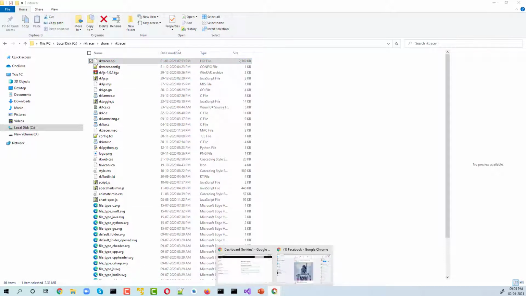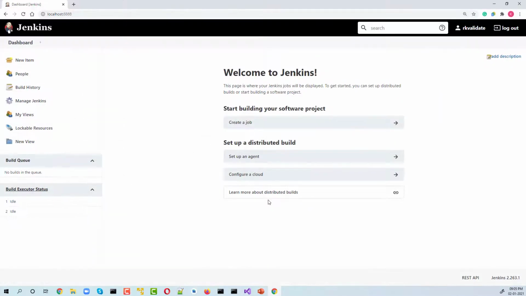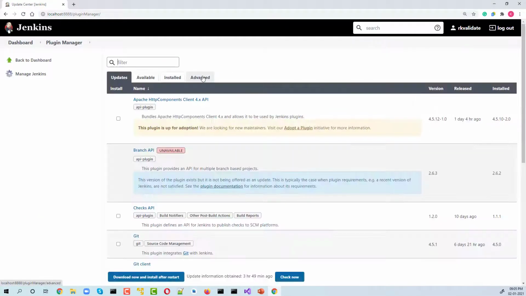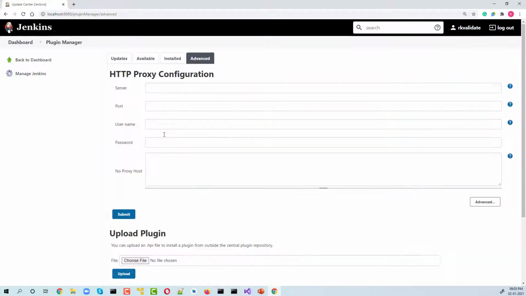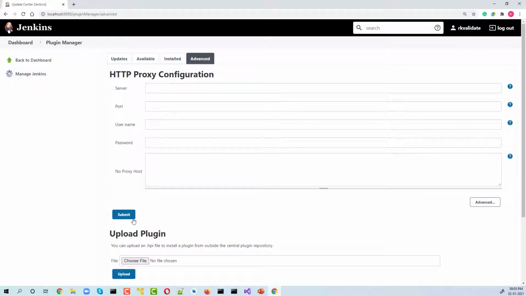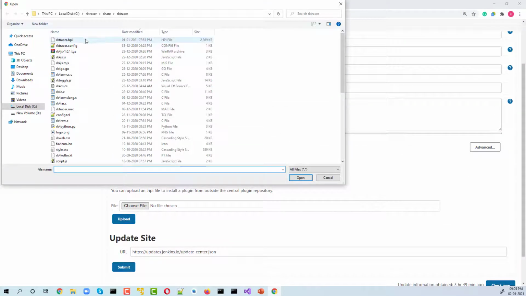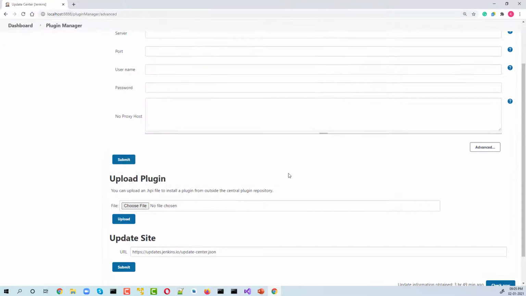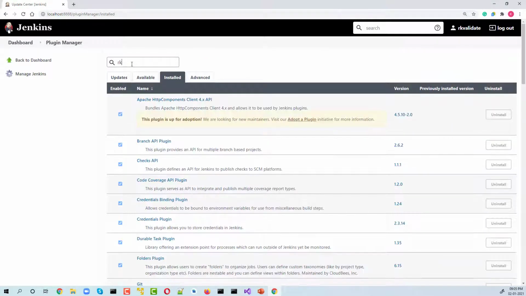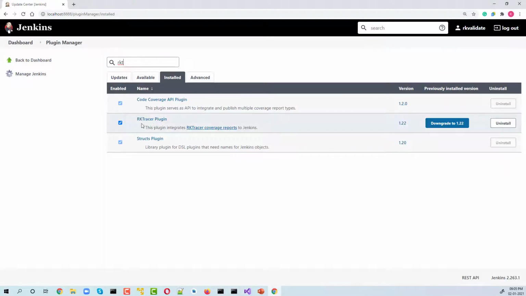Go to Manage Jenkins, Manage Plugins, and all you need to do is go to Upload Plugin, choose the file and select this. The plugin has already been installed here. If you want to check, let's check ArchiTracer. You can see that the ArchiTracer plugin has already been installed here.